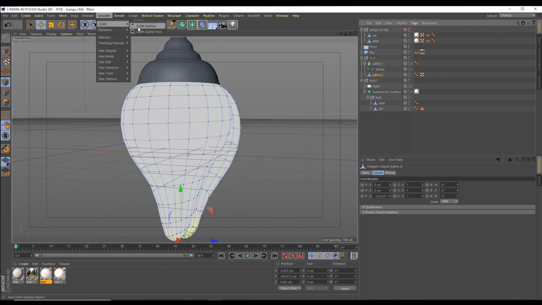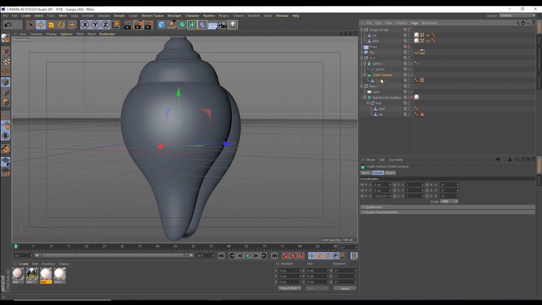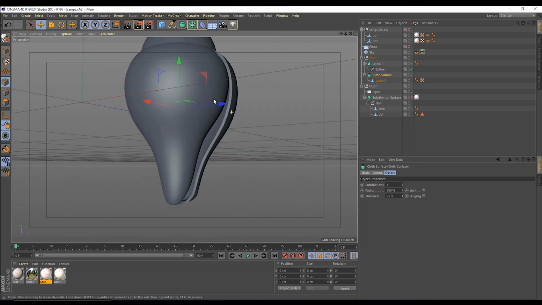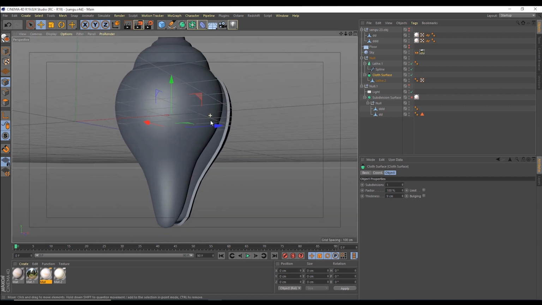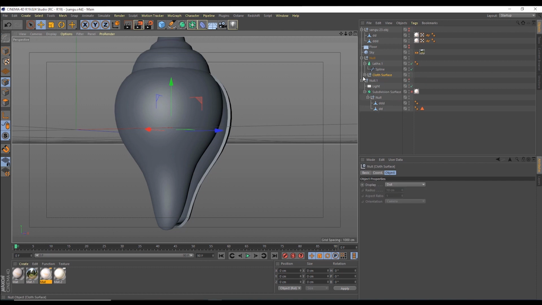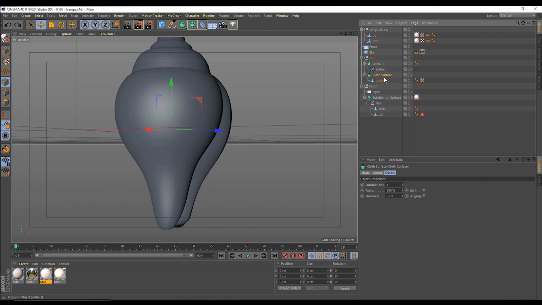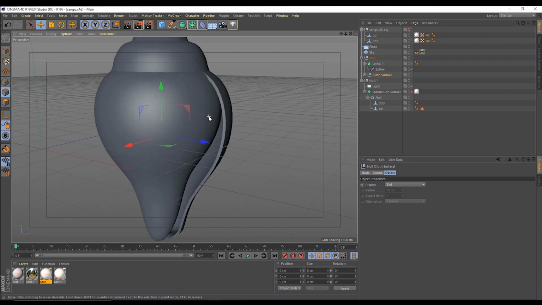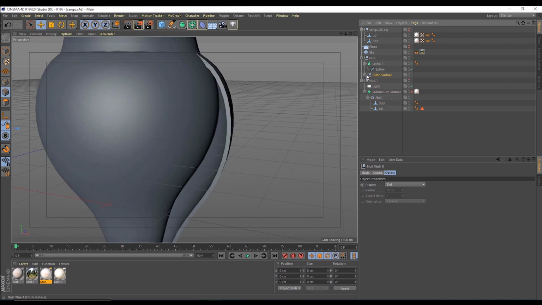Okay, now by selecting the lathe, I am adding a cloth surface. After adding the cloth surface, you can increase the thickness. We got the correct thickness for our mesh. You can see these edges are sharp due to thickness. We need to smooth the edges. So again I am changing that into a mesh. For an easy way, you can press C, it will change into an editable mesh.